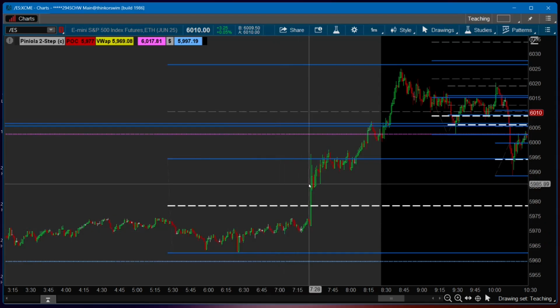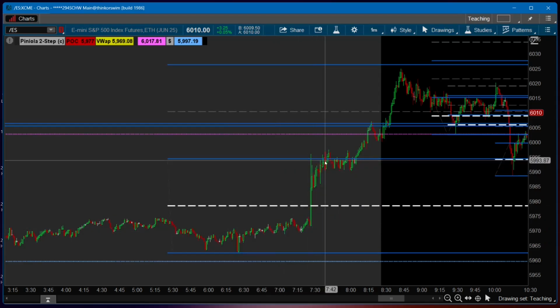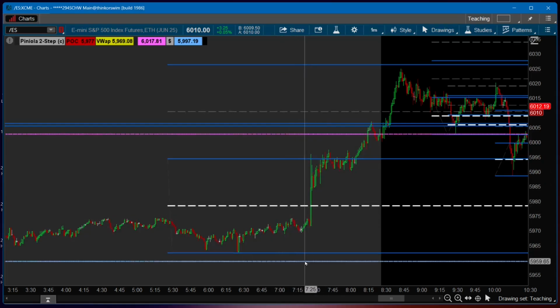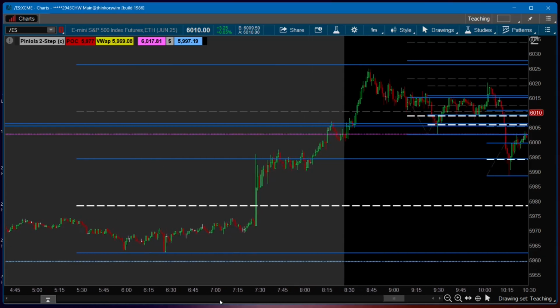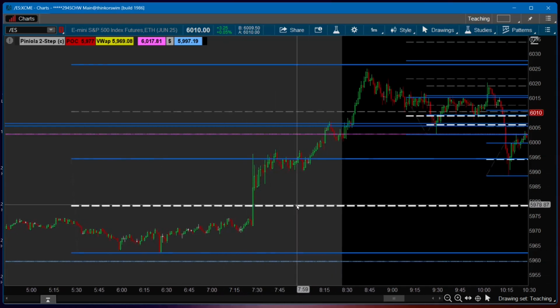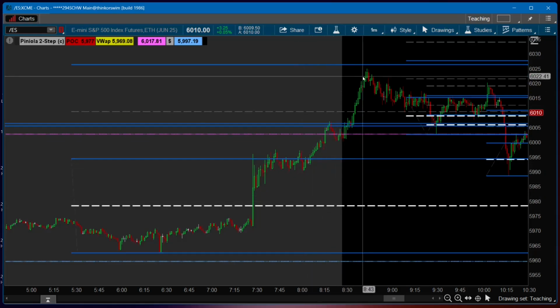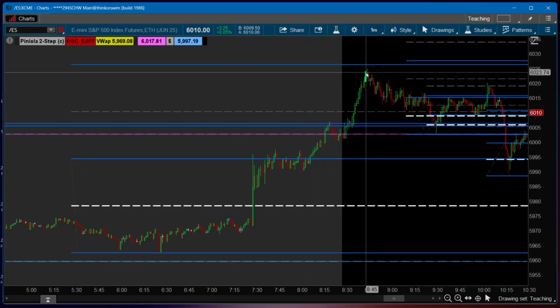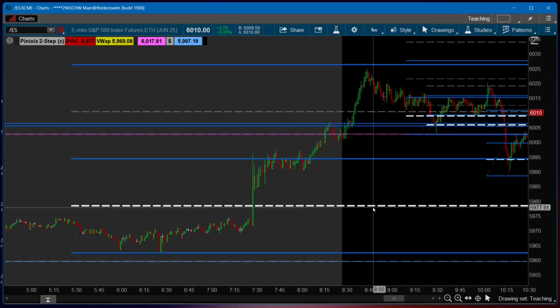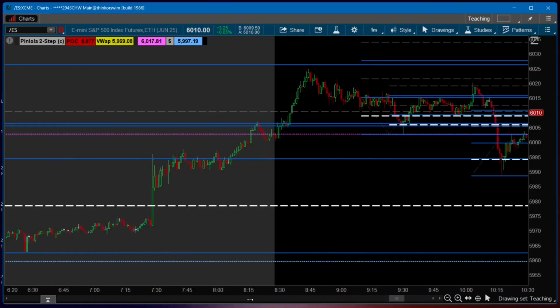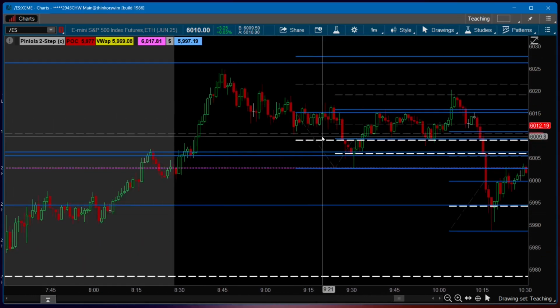So what I was measuring was how far did they push it up here. And you couldn't make that measurement here, but as it came across and I saw this level, I would start measuring here. This is a 1 minute chart, so I have no way of knowing whether there was anything to slow it down here. But as long as it doesn't come down to here, I'm expecting it to go to the 2. If it doesn't make it to the 2, then it's showing me there's an issue. And sure enough, there was an issue